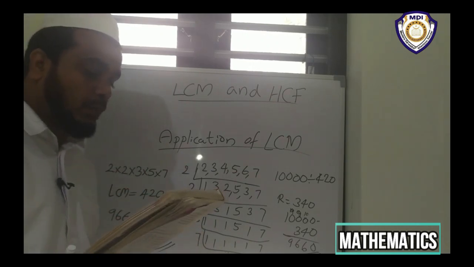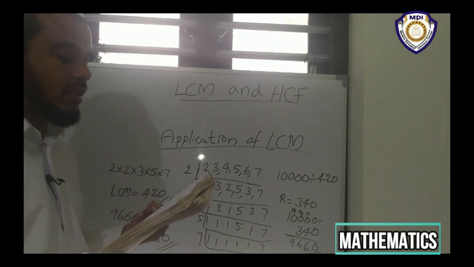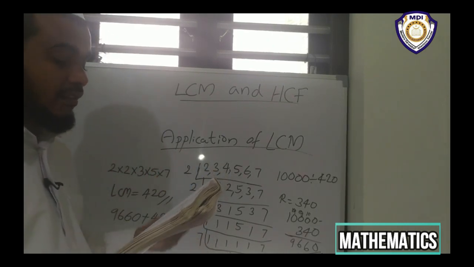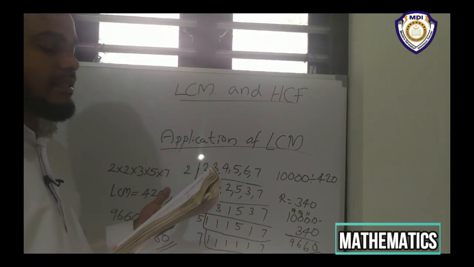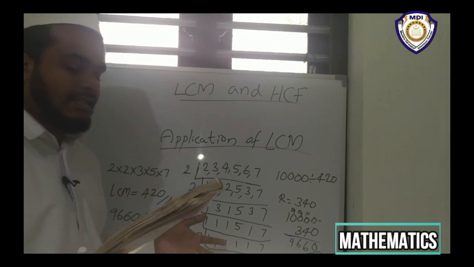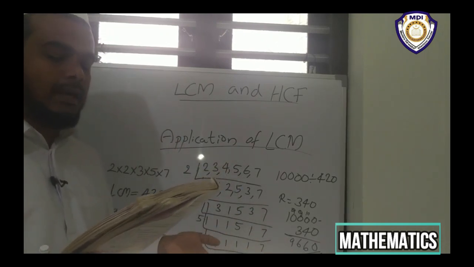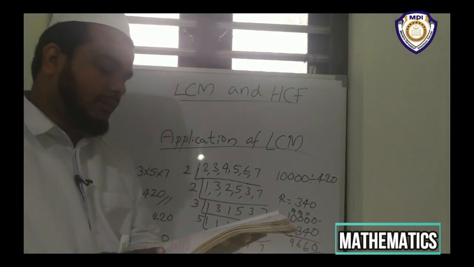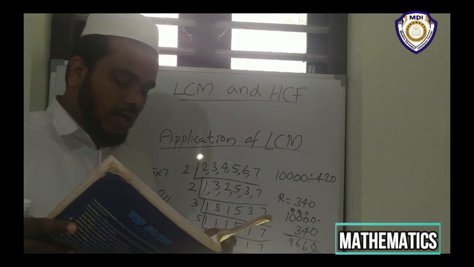Then example 2. Determine the lowest natural number which when divided by 16, 28, 40, 77 leaves 8 as the remainder in each case. Tricky question. You just find out. It is very simple. If you have any doubt, you can ask. Then activity time. You can read and do it at home.